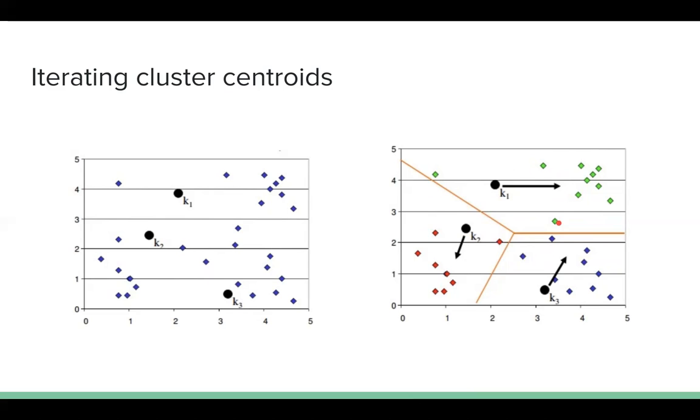Now you need to keep iterating this process multiple times. You can ask me a question like, when to stop the algorithm? We stop the algorithm when there is no change in the centroid. For example, let's say in the fifth iteration I calculated a new centroid, and in the sixth iteration I calculate a new centroid, and both the centroids are the same. That means the value of the centroid has not changed from the previous iteration. In that case, I can stop the clustering algorithm.